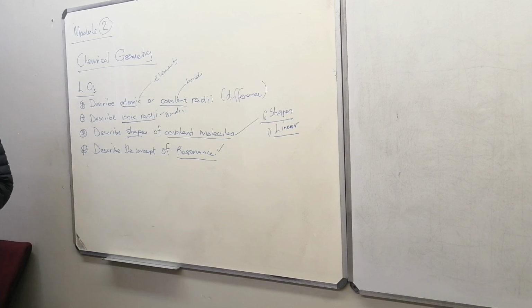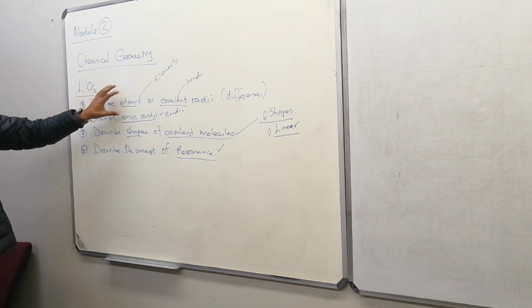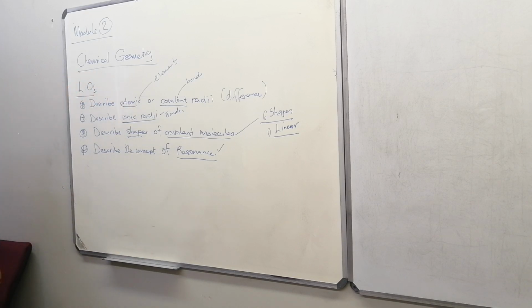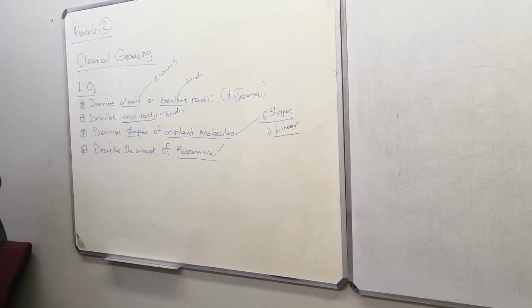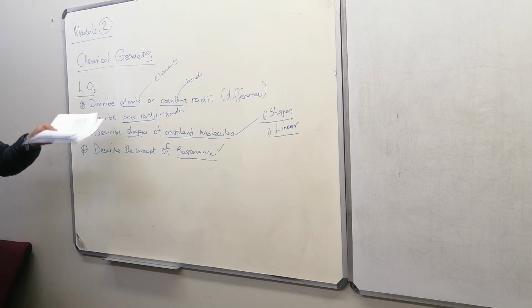Got it? Alright, so remember we learned the different types of bonding. We went over electrovalent and covalent compounds, and now we're going to probe a little deeper, right? We're going to look at how those structures look, right? Basically, remember, all our atoms are what type of shape? Sarah? What's the shape of the Earth? What is it called? Sphere. Right? It's spherical in shape. All our atoms are spherical in shape, and we looked at the atoms. We said it has a central nucleus. Around the nucleus is protons, right? And around the protons is the electron clouds. Now we're going to be looking at those electron clouds, and we're also going to be firstly looking at the